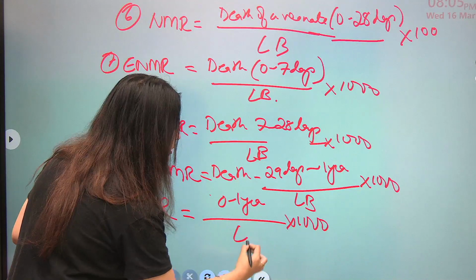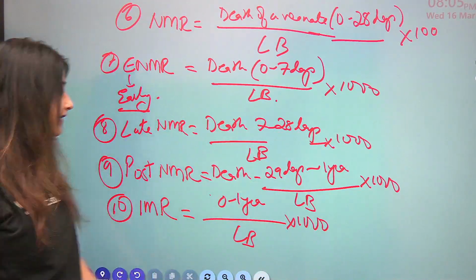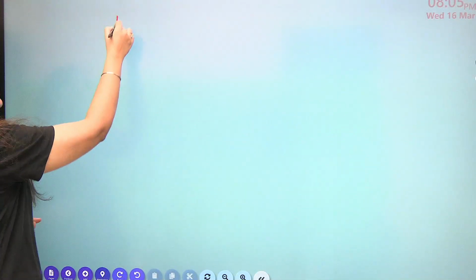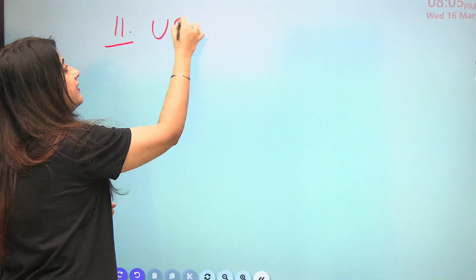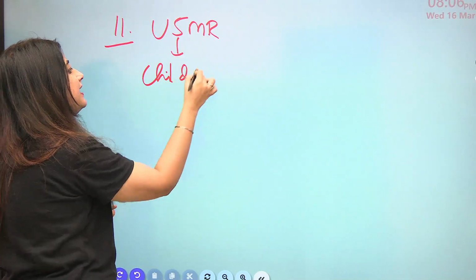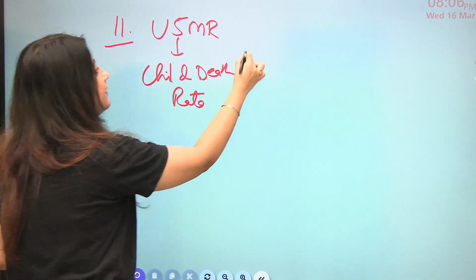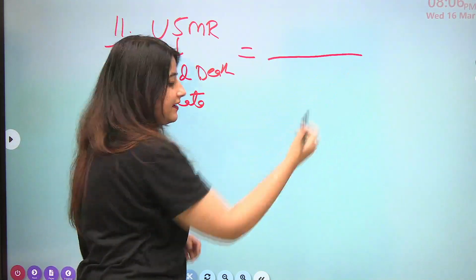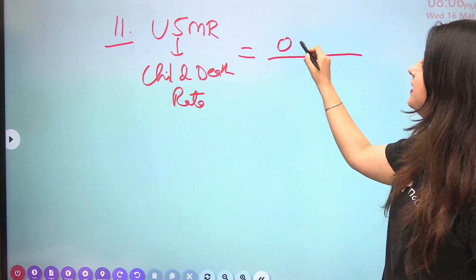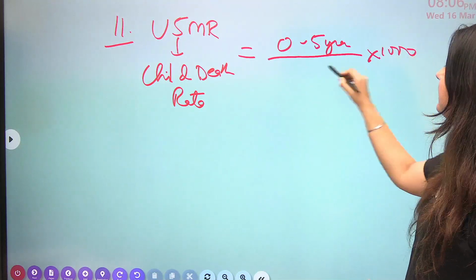अब आप देखते जाओ, everywhere we are multiplying it with 1000 and live births is the denominator. Last but not the least, if you have to talk about under 5 mortality rate, under 5 mortality rate is child death rate also. Okay, so child death rate में क्या हो जाता है, this is under 5. So under 5 mortality matlab death of a child between 0 to 5 years guys per 1000 live